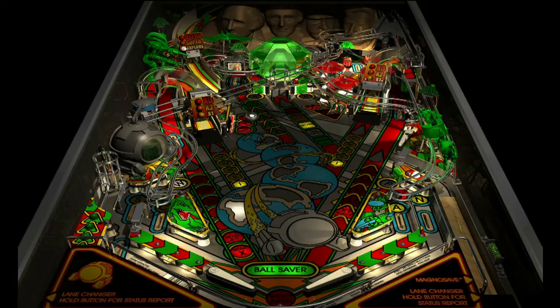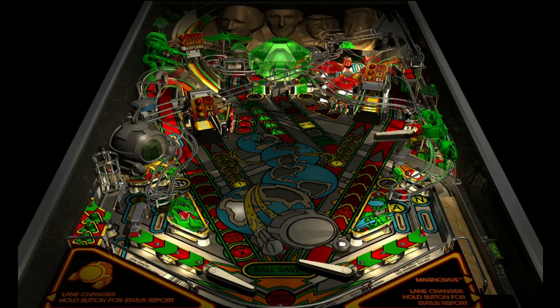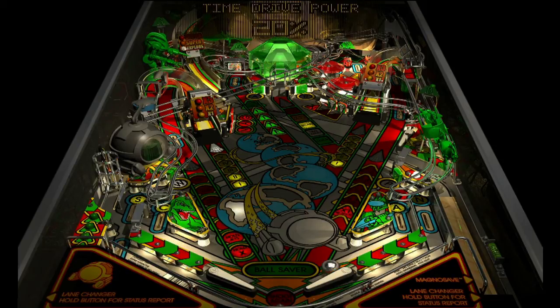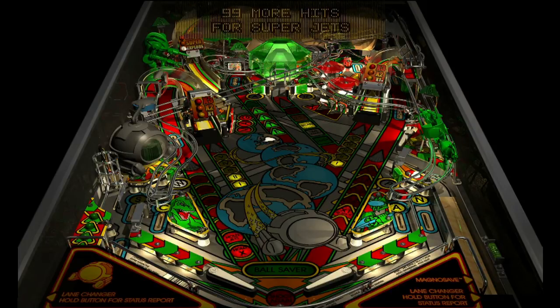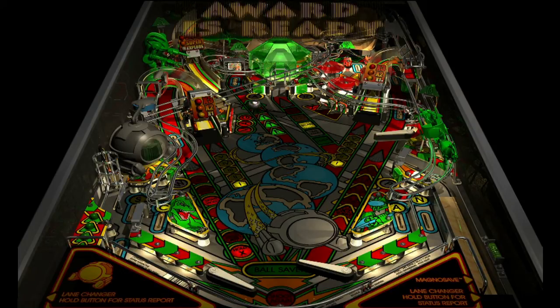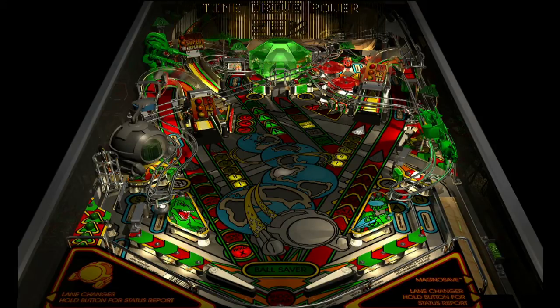Right, so let's try and play properly now. As you can see, it says award is ready. So if I get it up the left orbit, then I will get an award. And I think hold X means hold multipliers. I'm not entirely sure what that means, but you can tell if you've got an award by the way it's lit up permanently on